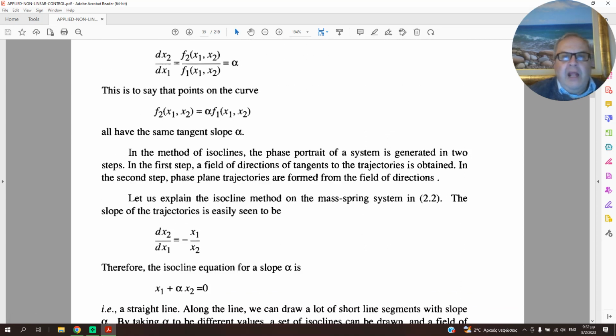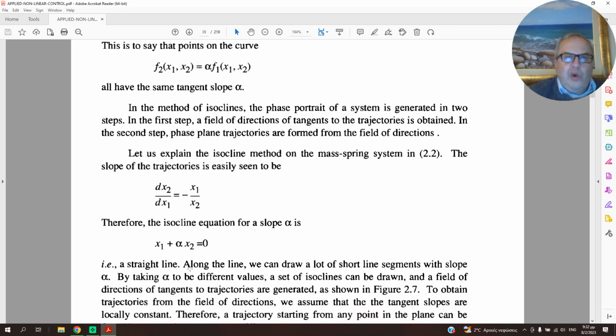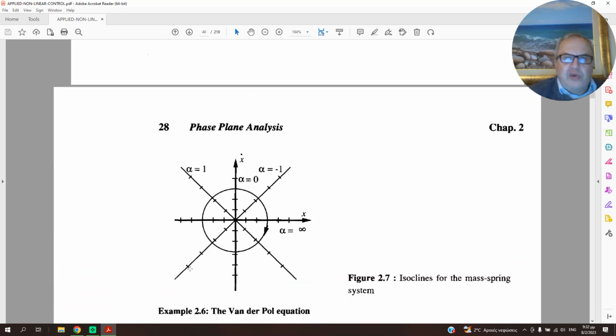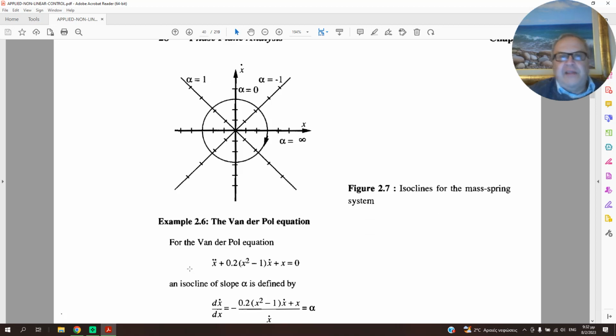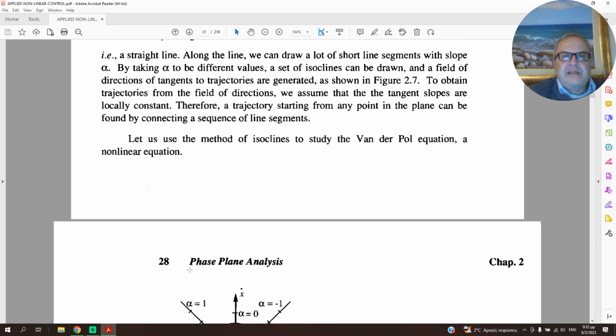And then you must draw in the phase portrait the isoclines. Connecting now the various isoclines, you can have the trajectories of your system as this